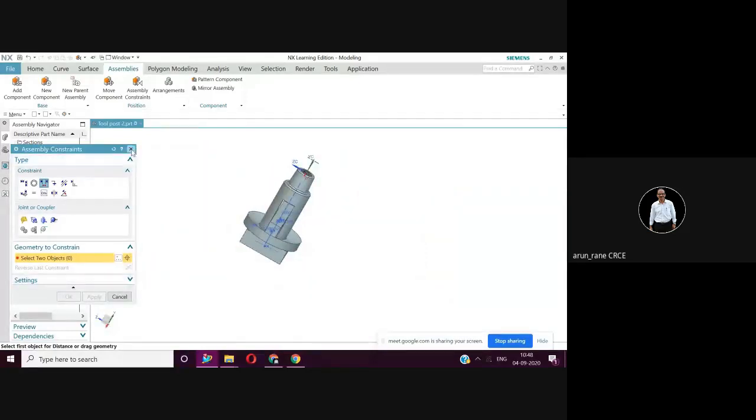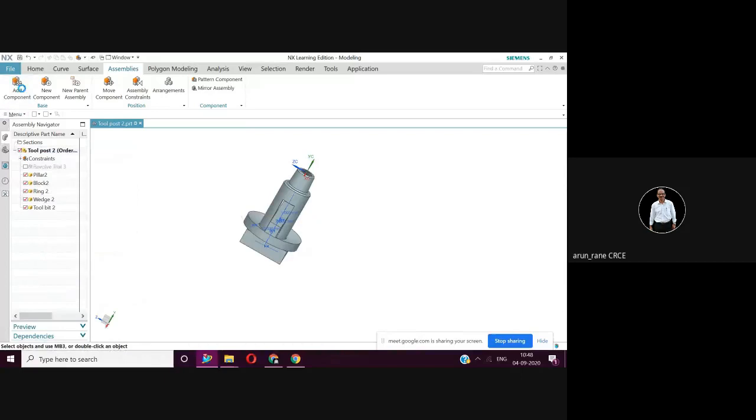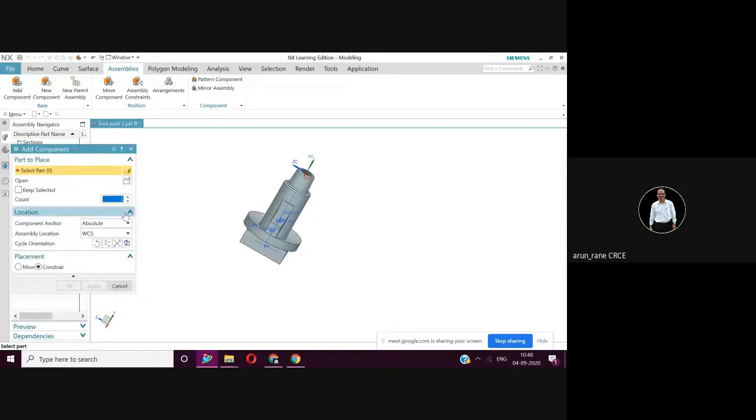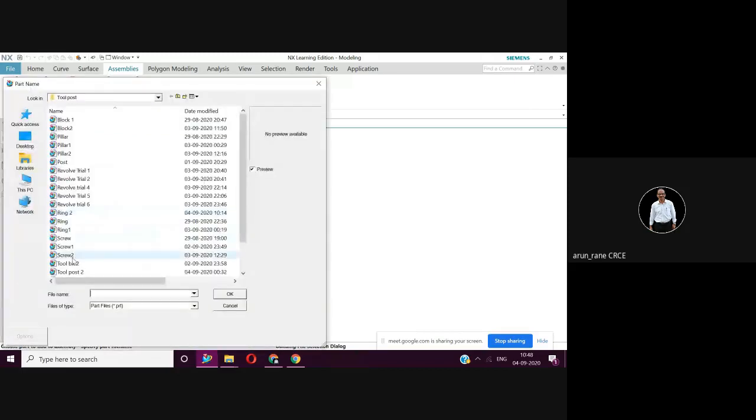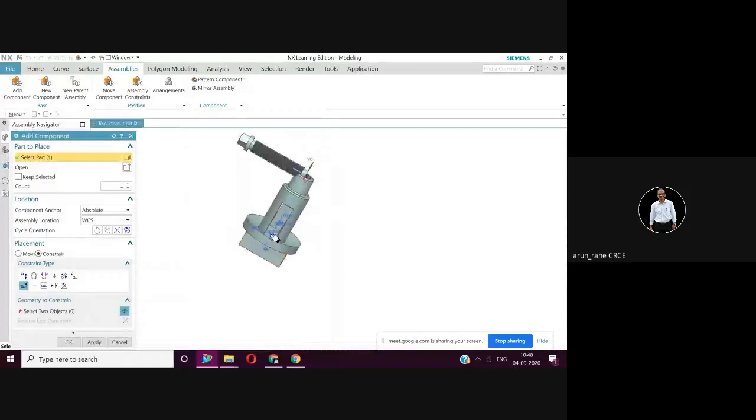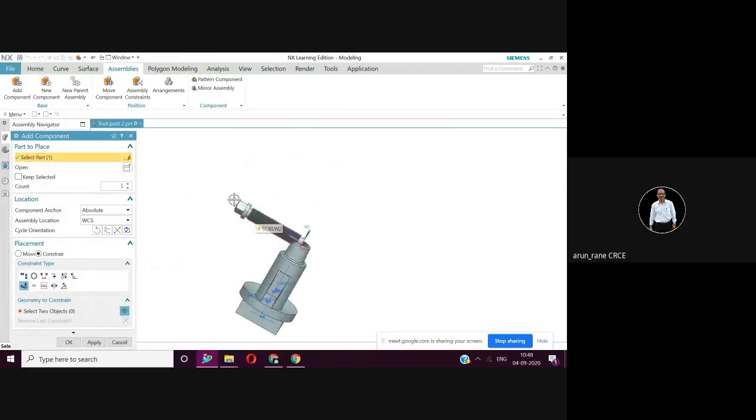Now I'll add screw. That is the last component. Say add component. Open the folder. Screw will tell you how the screw should be. Now in this assembly, the chamfer you have done earlier in the clapper block, by the chamfer command is not allowed.